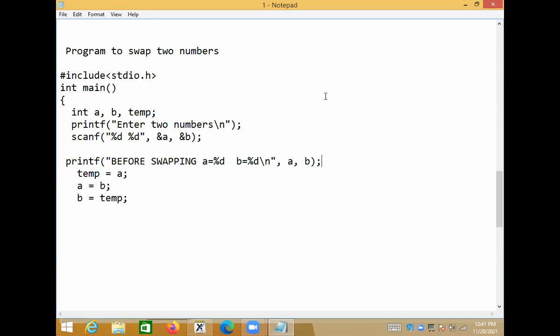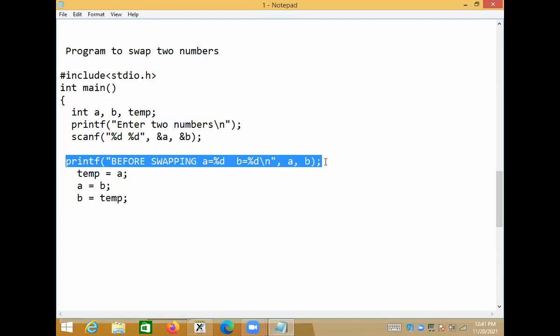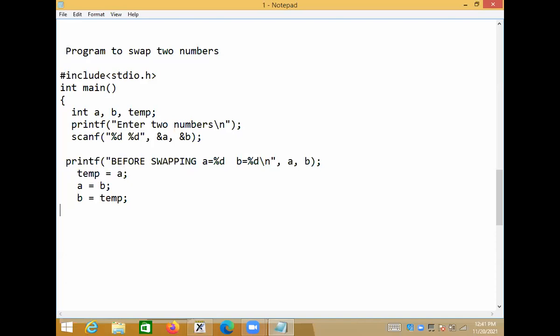So this is the code for swapping the two numbers. After swapping we also print, to confirm whether the numbers are interchanged or not. This is the code we wrote in the previous class. Here I print the two numbers after swapping.